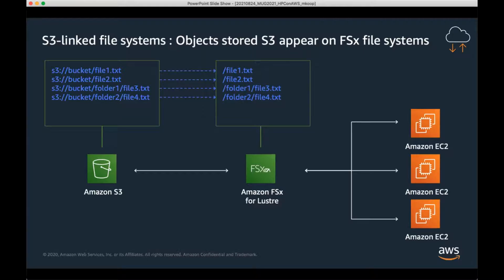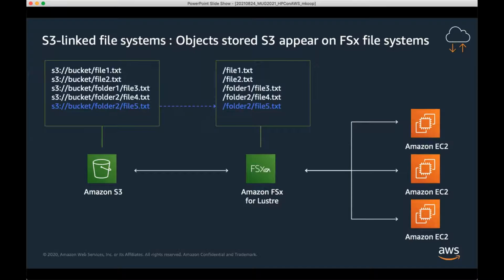And then depending on how you want it to work, they can then be either lazily loaded off of S3 when you actually access them, or we can fill them up at the beginning. So part here is we can also do other things like if I add a new file, say file 5, it can also be auto-populated in my FSx for Lustre file system. So if, say, you have new experimental data, or you want to add a new job file, you could just put it directly into S3, which is often convenient for a lot of our customers, and then it can be directly accessible through your FSx for Lustre file system.